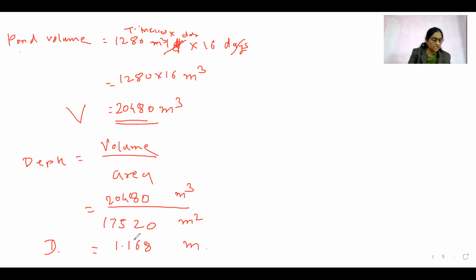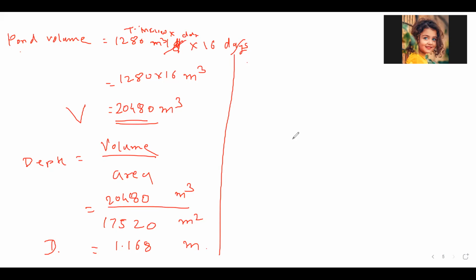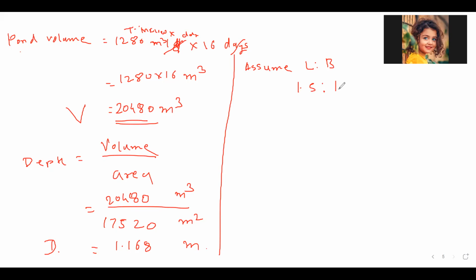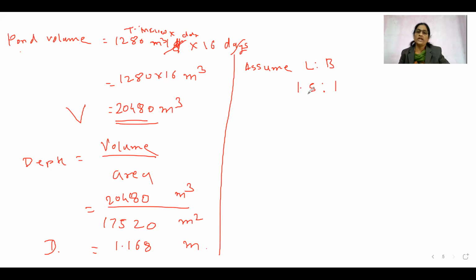I will say here add up width to, and length to width ratio. 1.5:1 length to width ratio. So you can take that ratio. Okay, 1.5:1. And then from this you can easily calculate length and width, because you know the